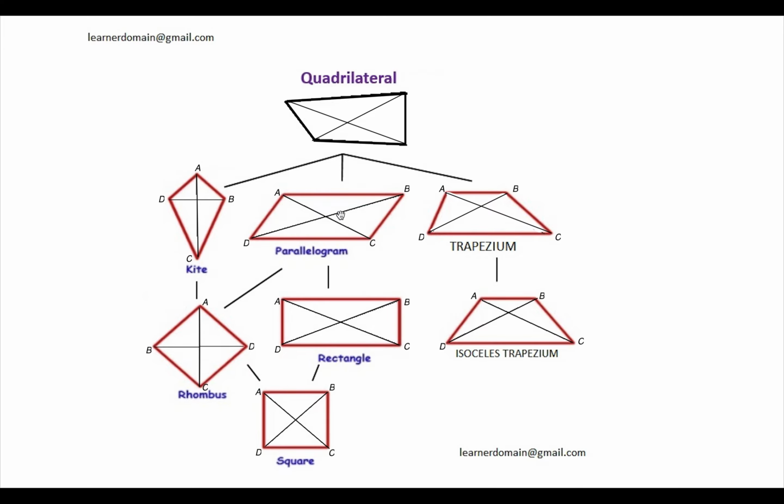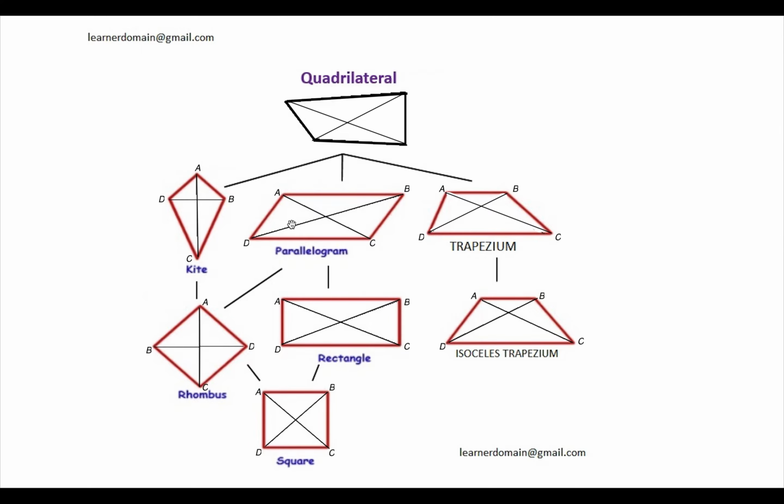Now, what do you make out of the diagonals of this parallelogram? Well, they are not equal, so that means they are not congruent, but they do bisect each other. So talking about the properties of a parallelogram, diagonals of a parallelogram bisect each other, opposite sides are equal, opposite